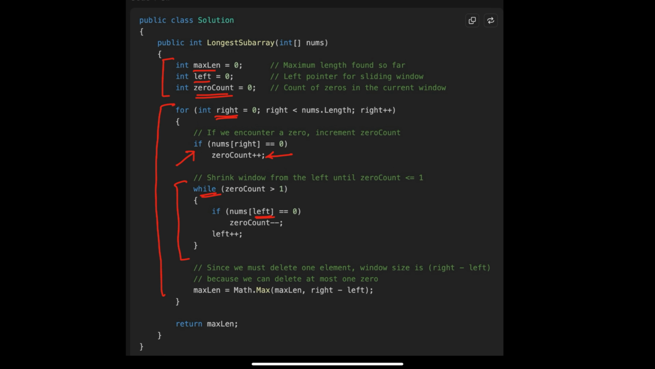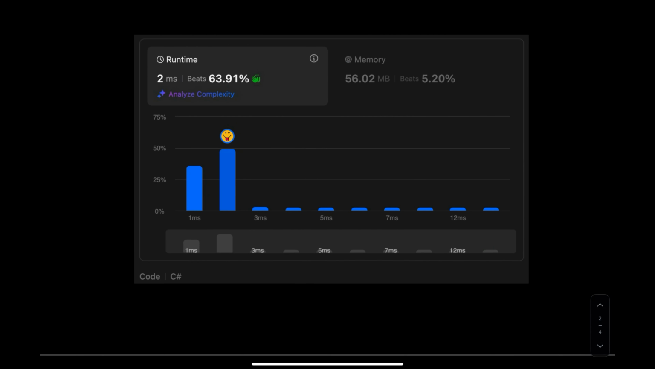The shrinking will continue until the number of zeros in the subarray is back to 1. Once the number of 0 is no longer greater than 1, I'm calculating the size of the window, which is the difference between the right and the left pointer, and then comparing it with the max length variable. And between the two, whichever is higher is going to be saved back into the max length variable. After the for loop is complete, I'm returning max length as the output. This code, when submitted on LeetCode, beats 64% of the submissions in terms of runtime and 5% in terms of